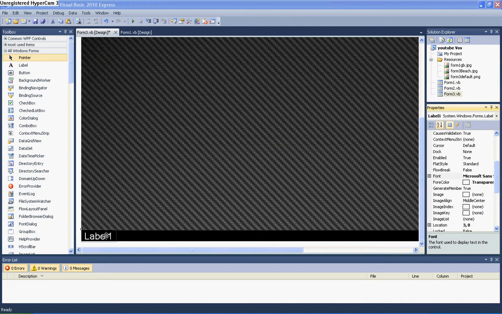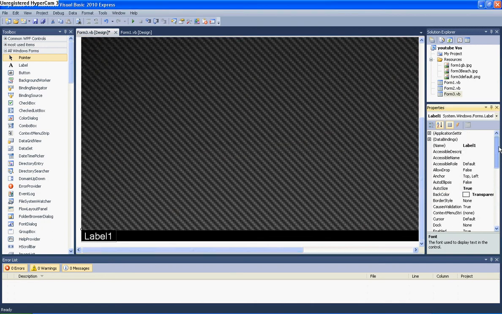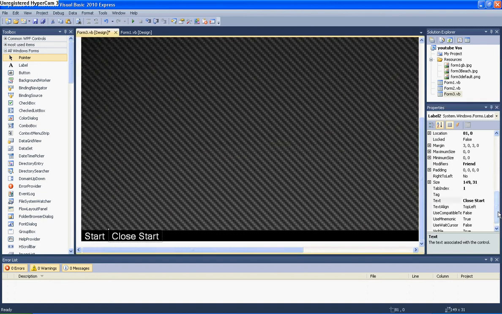Alright, I'll just show you how to add this menu. So, make the label bigger. I'm just going to call it Start. Now you want to copy it and then paste it, and it'll come up next to it. And then you want to call that Close Start. Right. So now what you want to do is make this one, go to the bottom of properties on it,